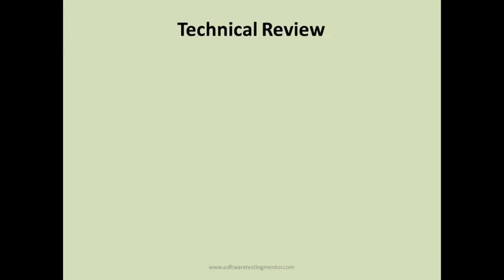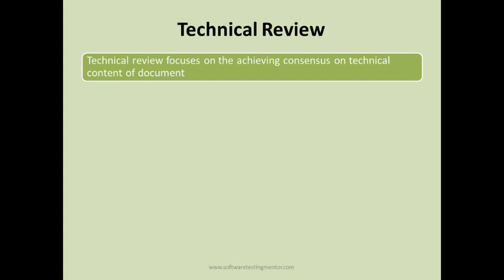Now the second one is technical review. So technical review focuses on achieving consensus on technical content of the document. As in the walkthrough, it was more for high-level documentation like requirements document or UI documentation, or some high-level design documentation. But technical review focuses more on the technical content of the document, how things will be implemented technically